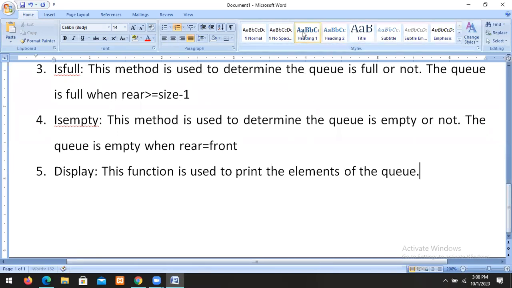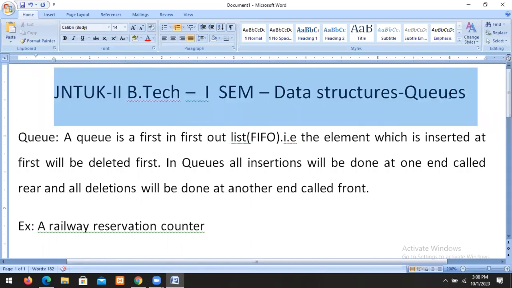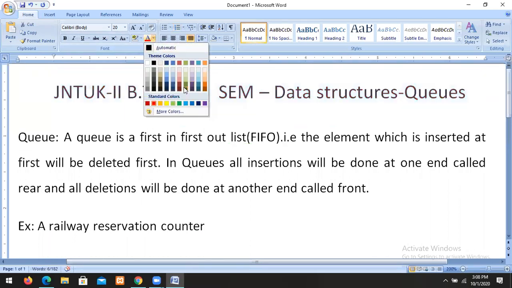So what is a queue? A queue is a first in, first out list.